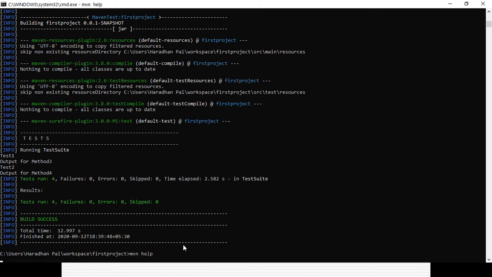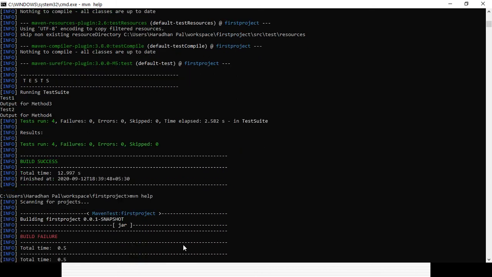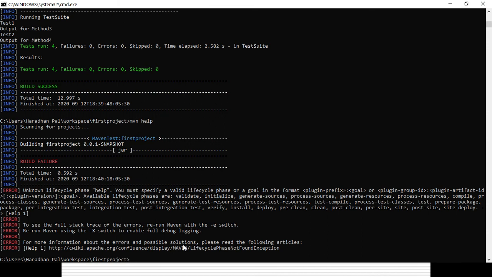If you press enter, it will give you the previous failures and all the error messages with details. You can see whatever error message was there for the last build failure, you can get it.